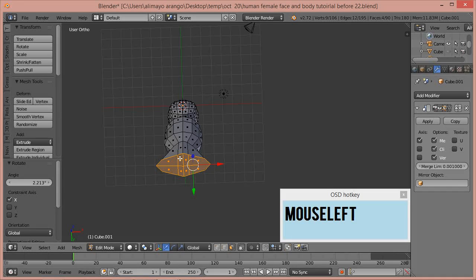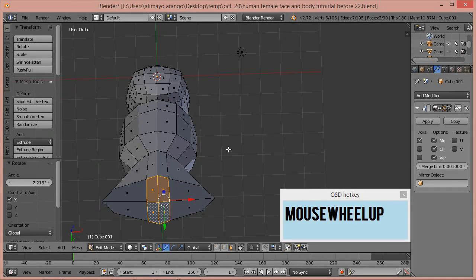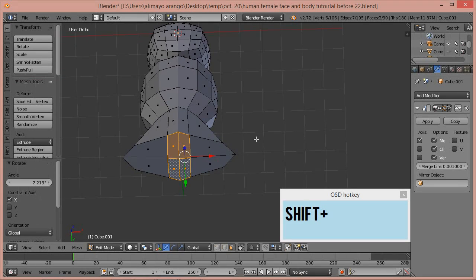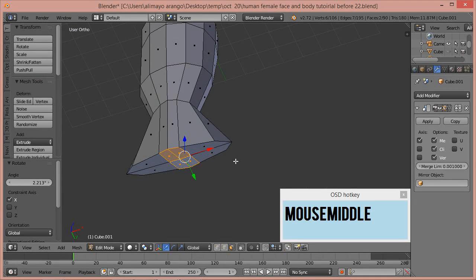We're going to go to face select. We're going to select these 4 faces right here. I'll roll in so you can see a little bit better. I'm going to hold shift and middle mouse button to pan. And what we're going to do right here is we're going to hit